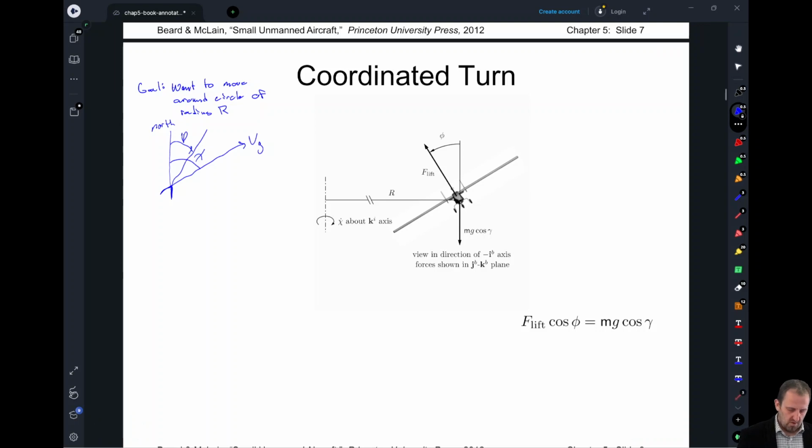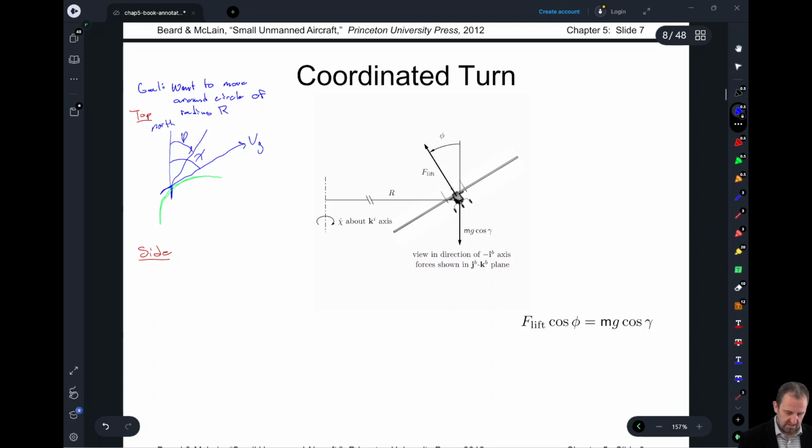Okay, so if we were to draw this, we still want our course angle to be tangent to the circle. So we're traveling around still in a circular motion. But now we're just going to be looking at our course angle instead of our heading angle. So this is a top-down view. If we look at more of a side view,